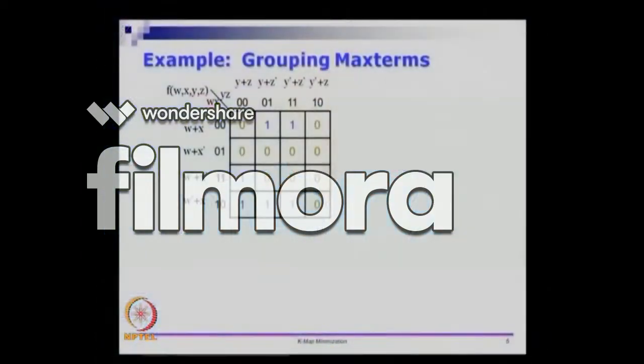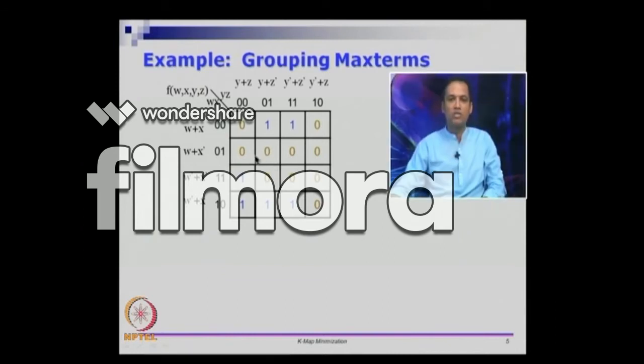So for max terms, the first thing we do is, you notice that the ones that we had earlier are all in blue, and we have put all the other things as 0, which are in a different color, a brownish color, right. Now the rows are maintained as they are, 0 0, 0 1, 1 1 and 1 0, and the columns 0 0, 0 1, 1 1 and 1 0. They correspond to wx and yz,